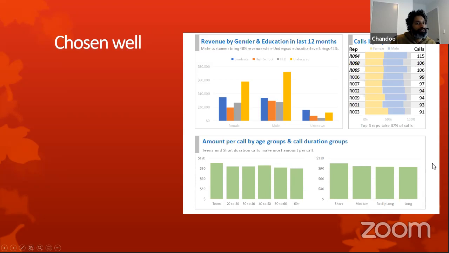And the bottom section of the dashboard, I've just put only one graph, but that combines multiple levels of detail. So here, amount per call.